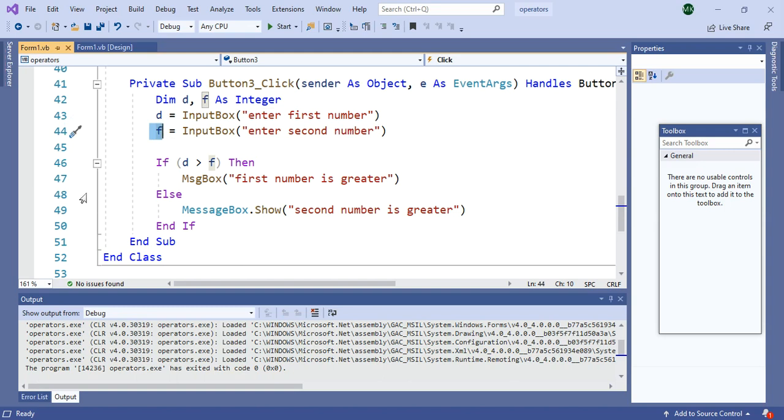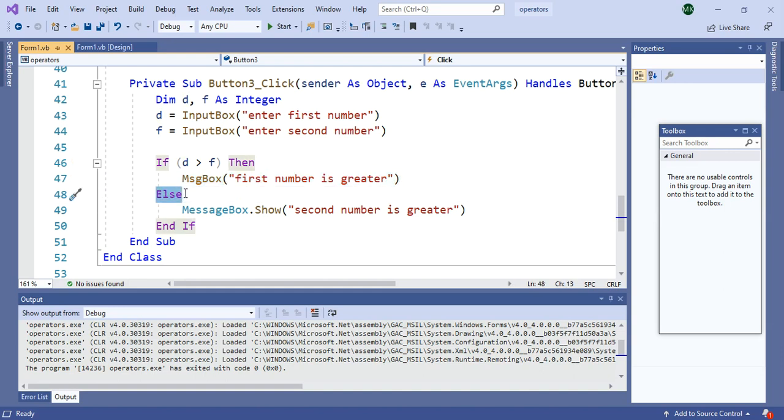Now we will check which is the greater number among these two numbers using If. If D greater than F, then you have to write Then, it will display a message box, MsgBox, first number is greater. If D is greater, means if the first number is greater than the second number, then it will display the message box, first number is greater.